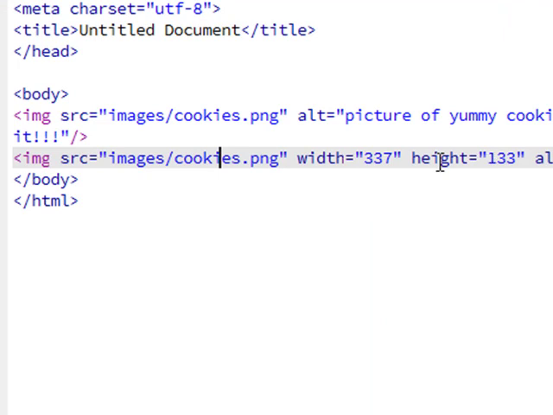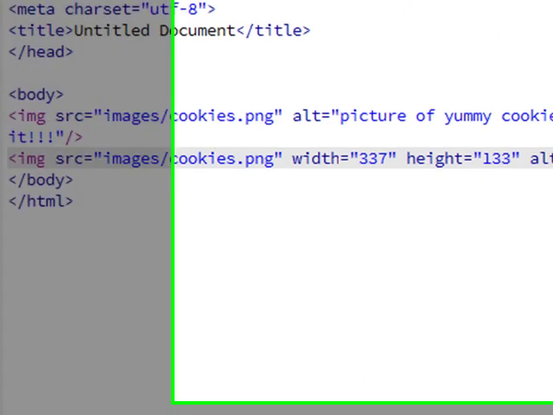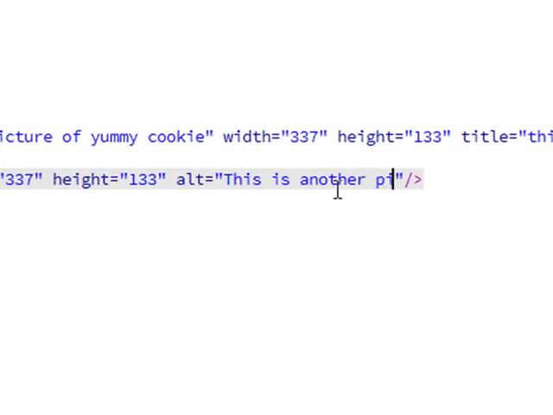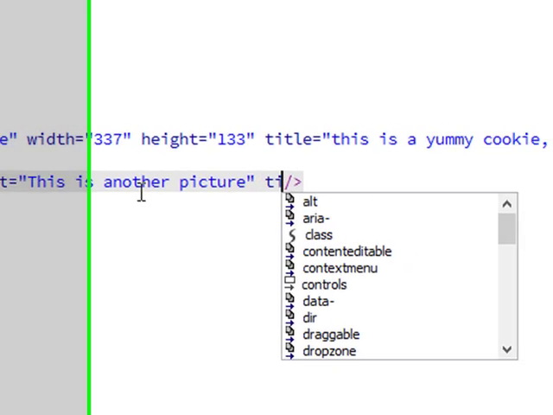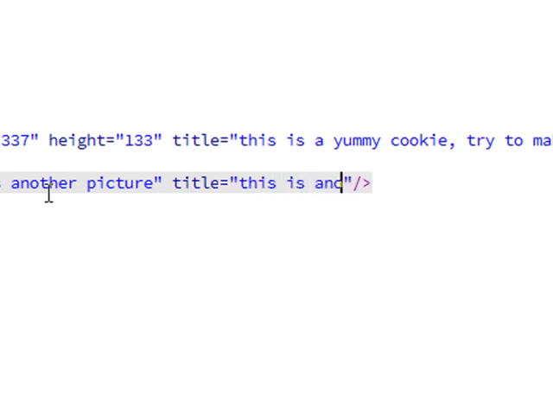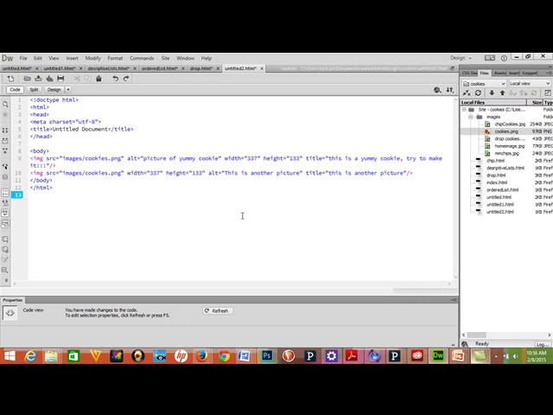But it's also very easy to add it in the code view. So I'll do it for the second image because I didn't do it through the Properties Inspector. So for the alternative text, for this one I'll put this is another picture. And now I'm going to move outside the quote and I'll add the title tag. And Dreamweaver gives me the code helper. So title, and it puts the quotes there for me. This is another picture. Okay, let's save this and preview it in the browser